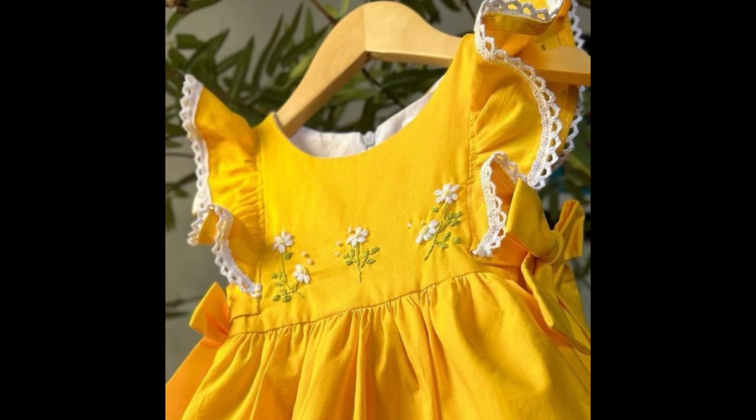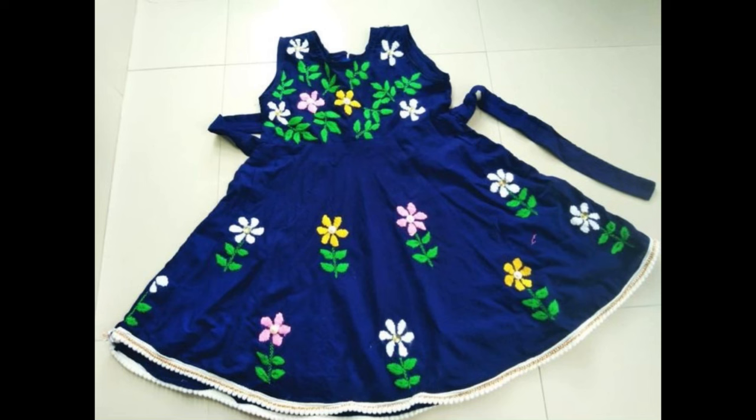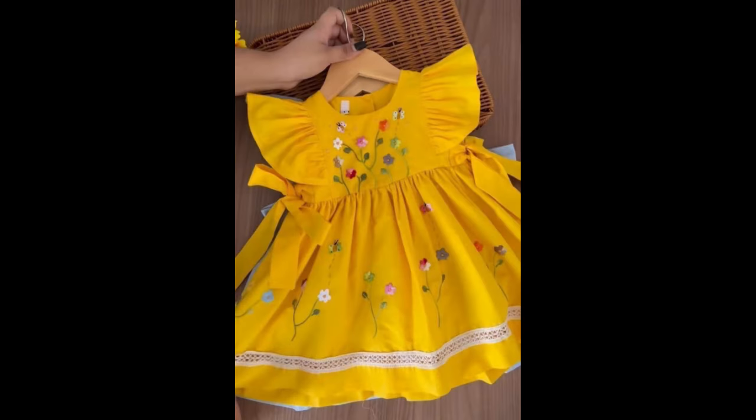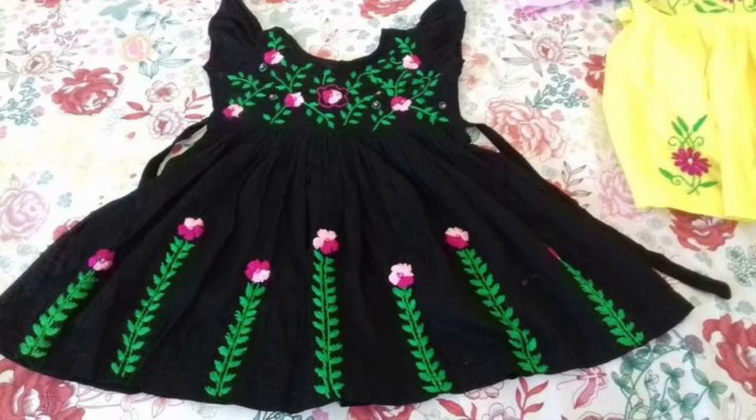This video is a collection of very beautiful, elegant, and eye-catchy patterns of hand embroidered designs for baby girl frocks and baby girl dresses. These designs are absolutely favorable for designing their summer dresses. And as you know that Eid is near, so these dresses would be comfortable, breathable, elegant, and stylish, and at the same time you can complete the festive look of your baby girl with the help of these beautiful and